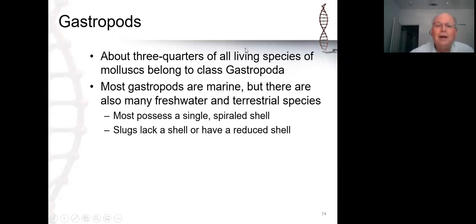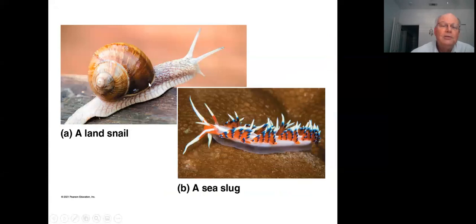Cephalopod is head foot. Gastropod is stomach foot. So these are predominantly marine. These are snails and slugs that live in marine environments or freshwater environments, but of course there are terrestrial representatives as well. A slug is simply a gastropod that lacks a shell or has a very small internal shell. So here's a classic terrestrial snail with its shell, and here is a sea slug, otherwise known as a